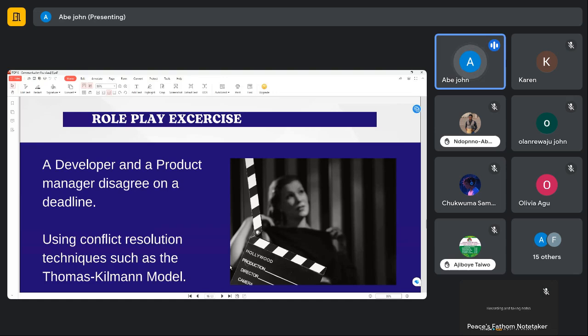A developer and a product manager disagree on a deadline. So we're using this conflict resolution technique such as the Thomas Kilmann model.